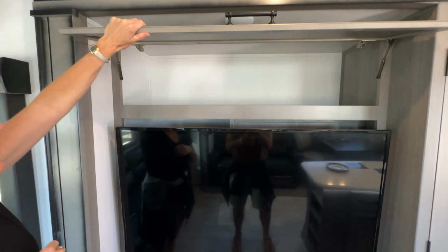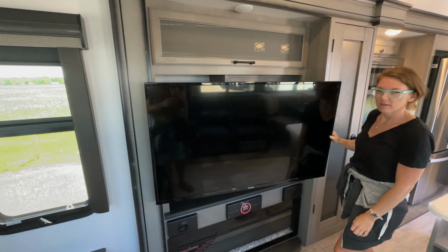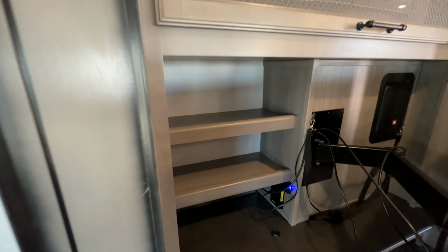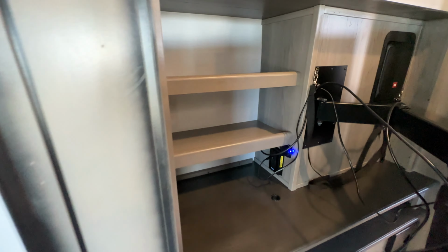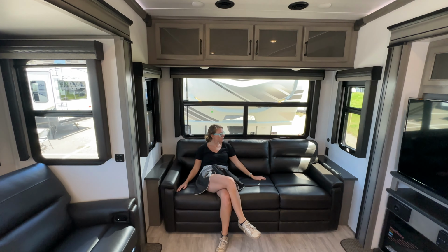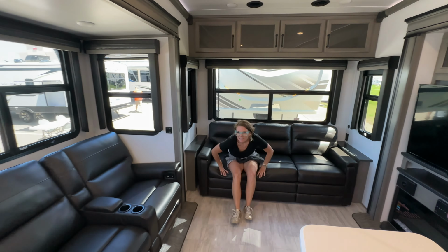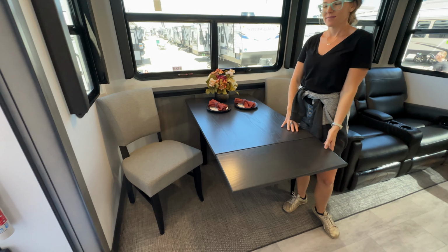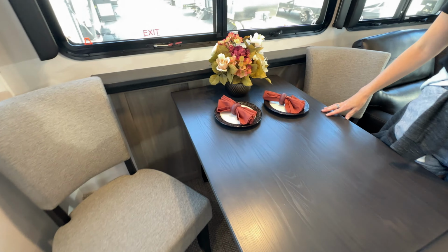Moving to the living room, it has one wide cabinet above the 50-inch LCD TV, and some neat little hidden shelves behind the TV for your Blu-ray player, Apple TV, or game console. You can enjoy the TV from this 3-seat sleeper sofa or the theater seating. Moving to the dinette, it has a standard 4-chair table with a fold-down extension to give you that extra room